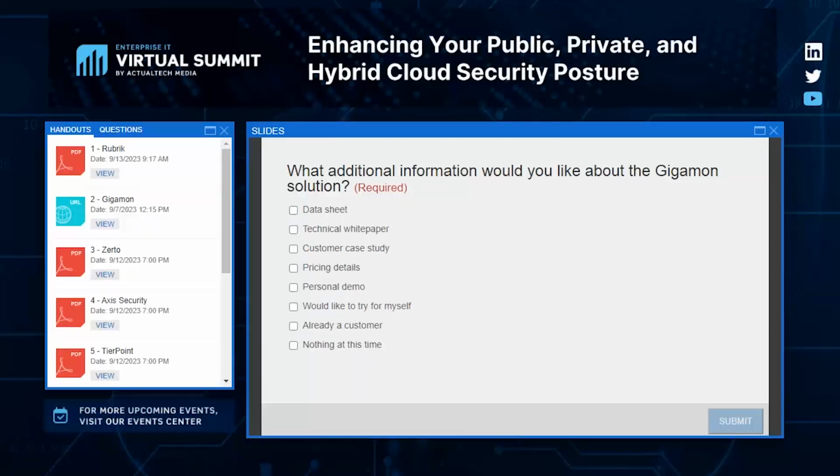Gigamon is already pre-integrated with Splunk, with QRadar, LogRhythm, with most of the SIEMs out there. And how are we pre-integrated? We provide network context, a subset of the 7,000 attributes that I talked about before, and send it over to these tools. These tools think they're getting log files, syslog, or some of the observability tools think they're getting events. So we reformat our output into the language that these tools can understand, whether it's over syslog, over IPFIX, over Kafka bus, and on and on. There are many different integration points into these tools.